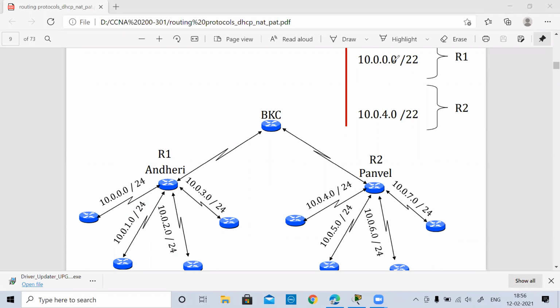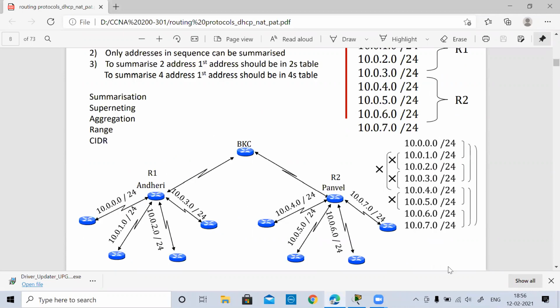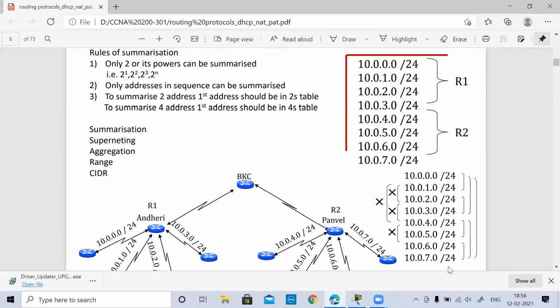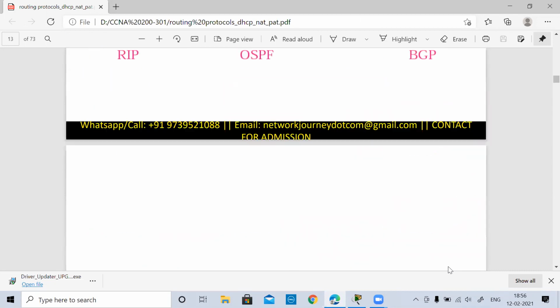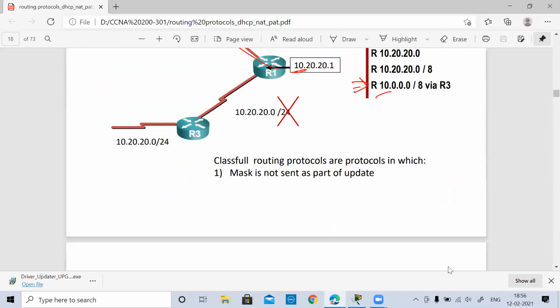Okay, so those who understand this summarization, the rules we had learned yesterday, how we can define this particular supernetting thing, clubbing the addresses which belong in the same sequence in multiple of 2 table or in the multiples of 4 table. So this is important, guys, when you are learning the OSPF area concept. So coming back to that,